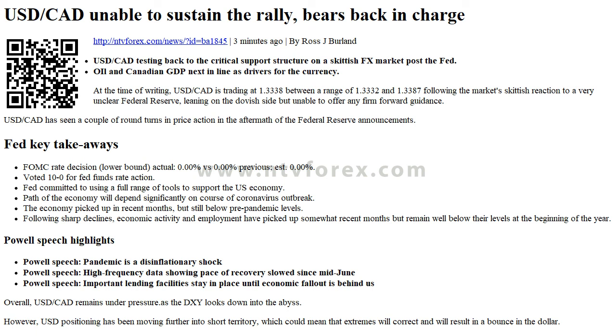USD/CAD levels overview. Today last price: 1.3354. Today daily change: 0.0025. Today daily change percent: 0.19. Today daily open: 1.3379. Trends. Daily SMA 20: 1.3519. Daily SMA 50: 1.3588. Daily SMA 100: 1.3835. Daily SMA 200: 1.3519.